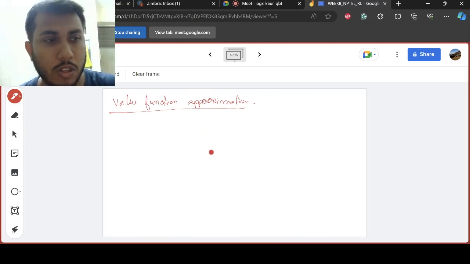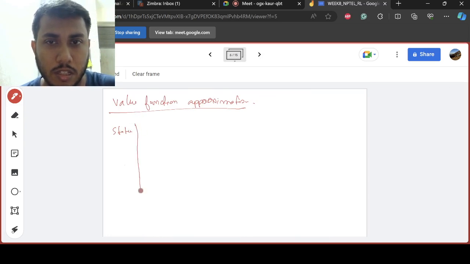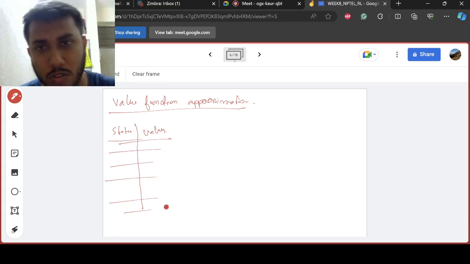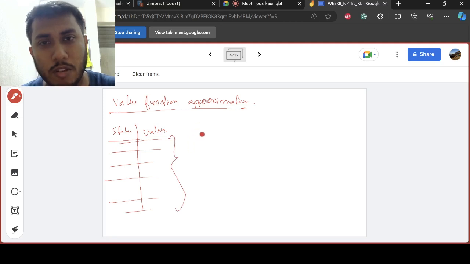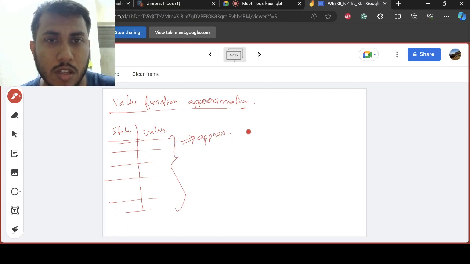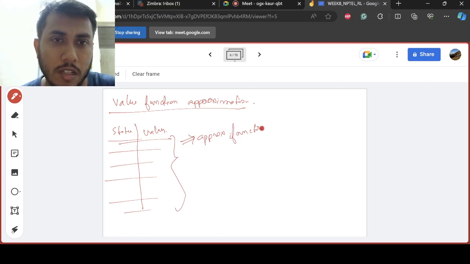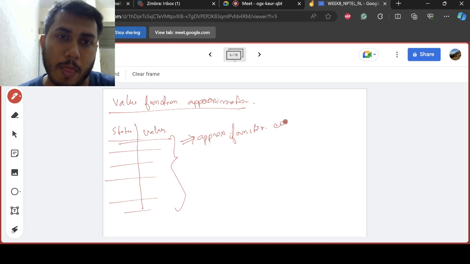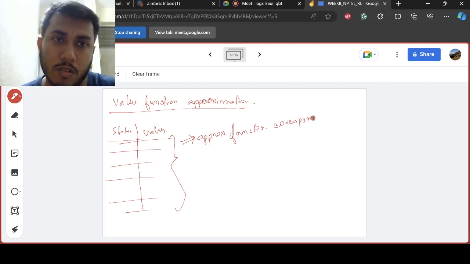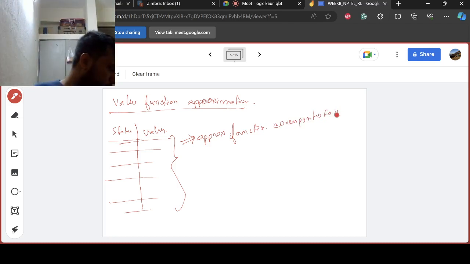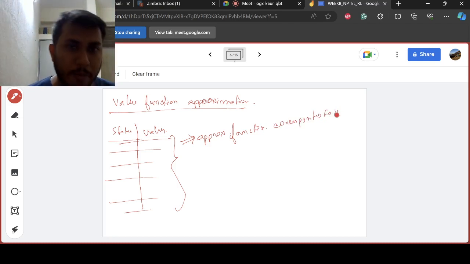Okay. So you typically have your states and values, right? You have this long column. So instead of storing it in total here, you want to find an approximate function corresponding to it. You want to find that. So this is typically